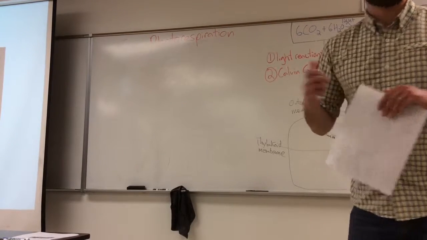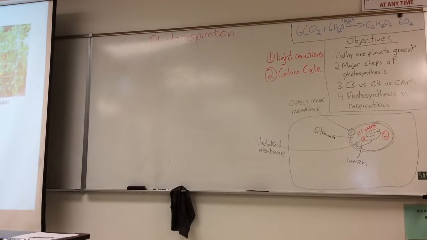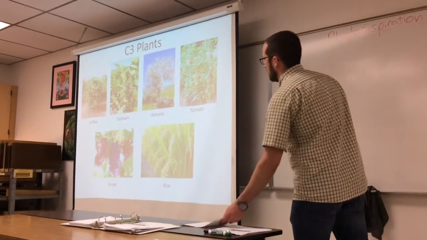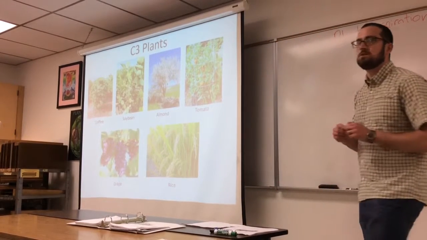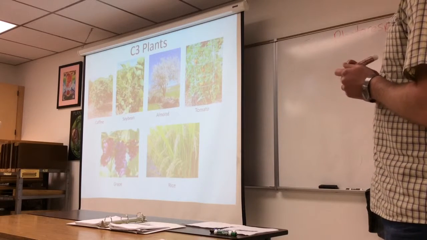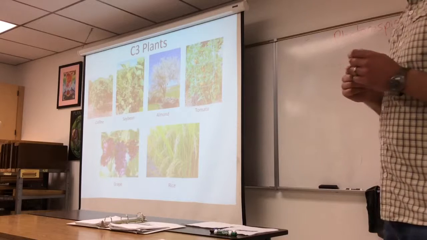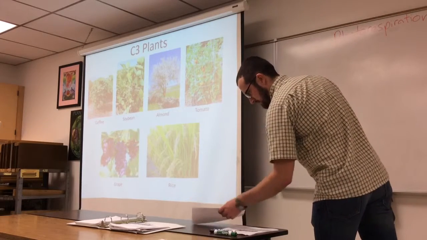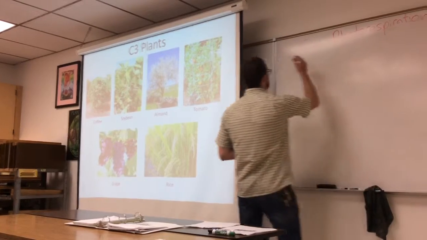this problem. And so quite a few plants are what are called C3 plants, and these plants actually don't have a very good way of dealing with this issue of rubisco. And so lots of agricultural plants are C3 plants, including lots of the ones that are grown in this area in the Central Valley. So for example, almond, tomato, grapes, and rice are all C3 plants. And so in our C3 plants,